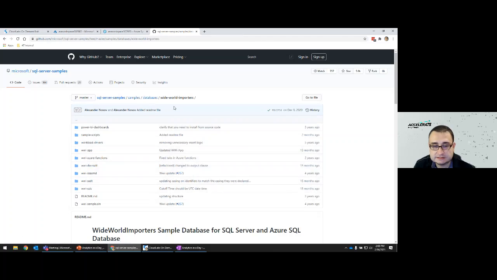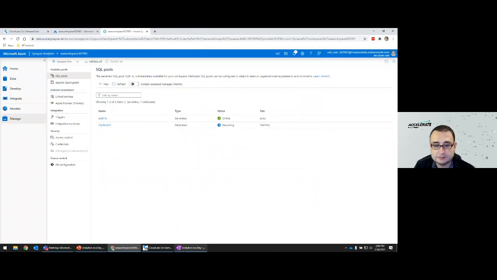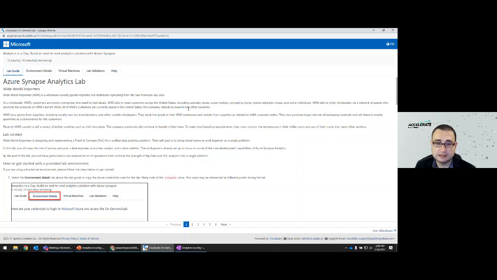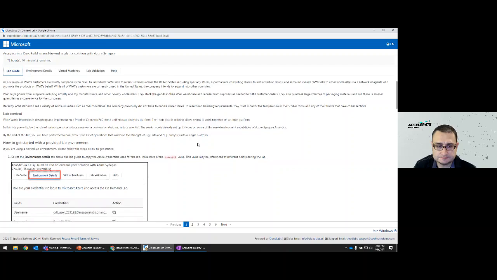This is just a sample database from a fictitious company that Microsoft makes available, which we're going to be working on today. We're going to be working with the exported or extracted data out of that database into a data lake. So we're going to be consuming the fact sales data and customer data from extracts made out of that SQL database into the data lake environment that we have.